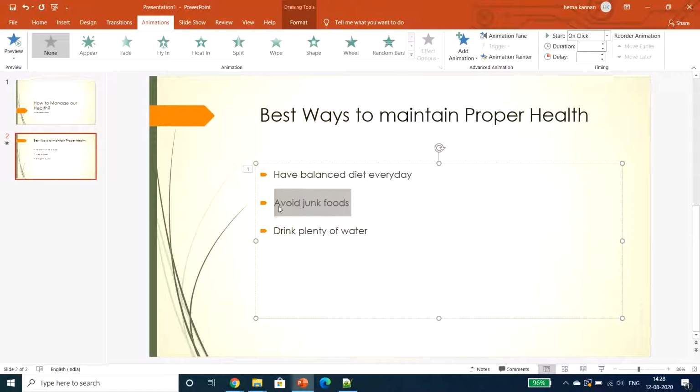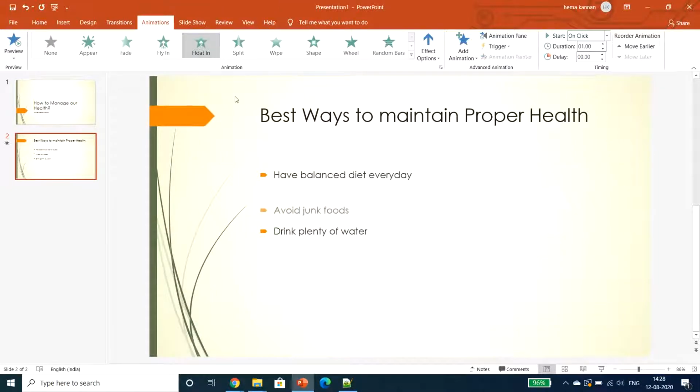Before that I need to choose the same Float In option, because it should not be so junky. I can't give a Float In option for one point and a Fly In option for another point. It will not look so professional. When we opt for a professional presentation, we need to make all the animations a single one. So for the second point, avoid junk food, I am giving Float In as well.